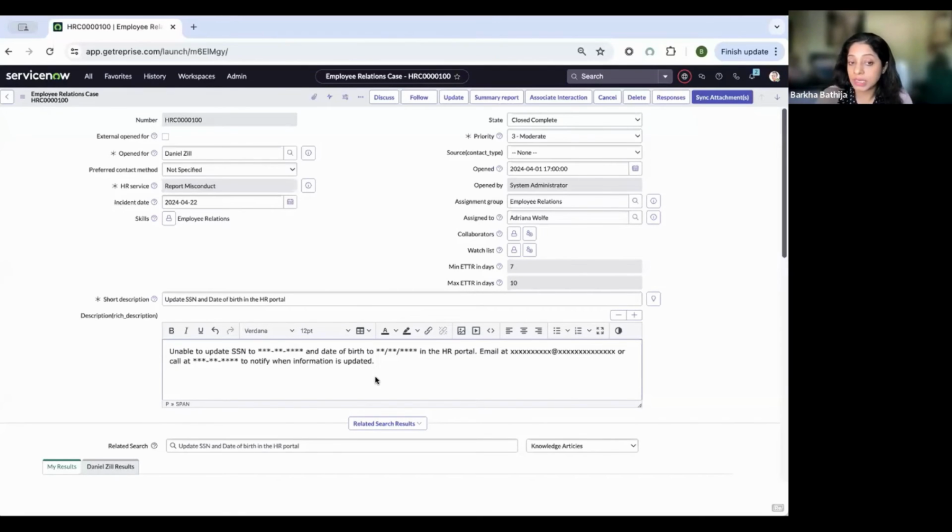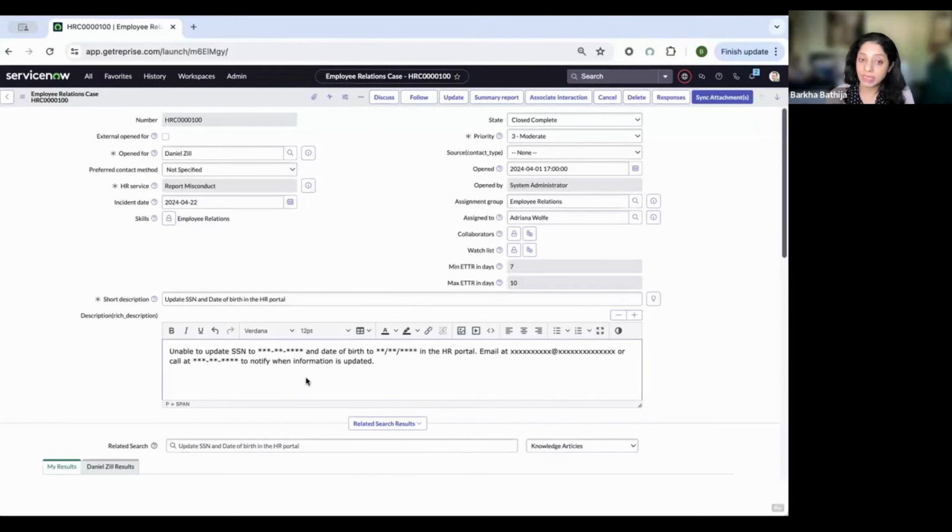Once sensitive data is anonymized, it is actually changed in the database. There is no way to get it back. And this is what makes it so unique and special, because according to privacy, you do not want to have any legal liability of keeping the sensitive data if you no longer need it. In this scenario, we needed the sensitive data just to update the HR portal. Once the HR portal is updated, we don't really need to keep the sensitive data.